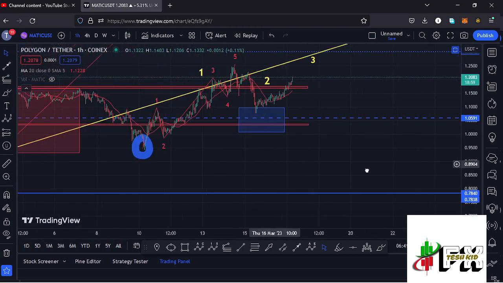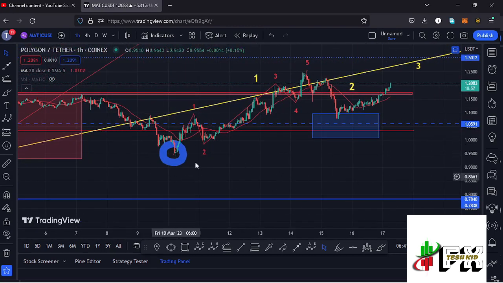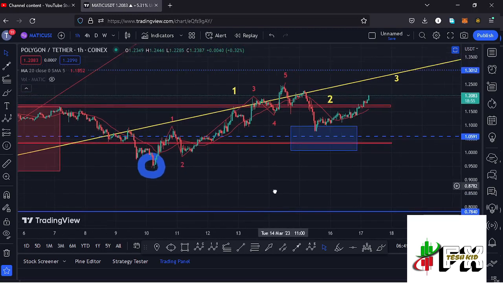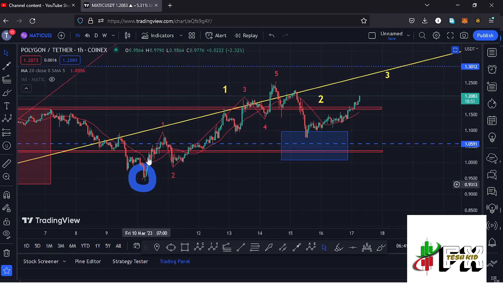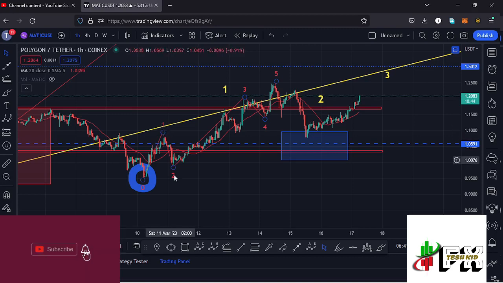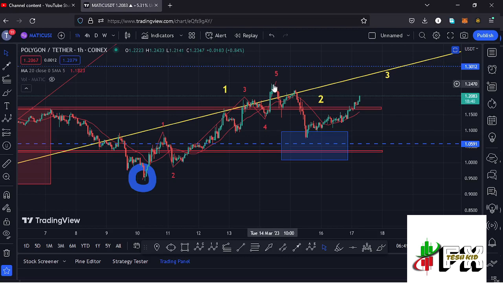you can see that on the 1-hour chart, after seeing our low in the formation of this wave 2, we started this massive bounce to the upper side, obeying the Elliot structures, where you can see that I have this Elliot structure in red, which is a microwave within the formation of that higher Elliot wave count 3, having that as the first wave, then a wave 2, a wave 3, then the wave 4, and then the wave 5 giving us a peak at around the $1.25 mark. And having seen a 5-wave structure to the upper side, we completed that larger Elliot wave count 1 to the upper side,